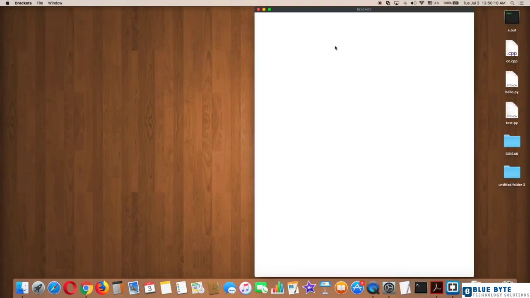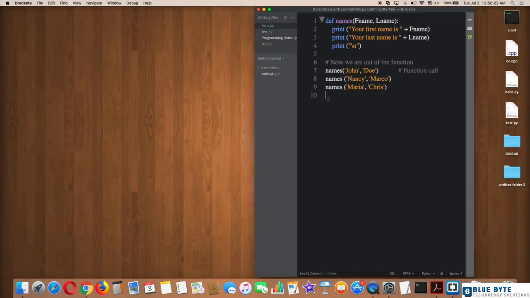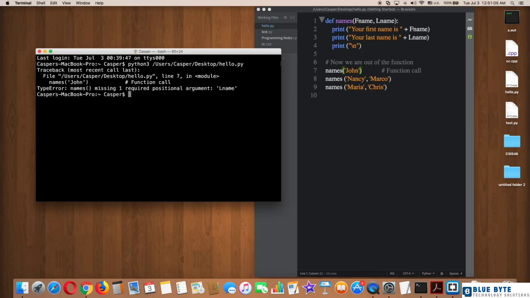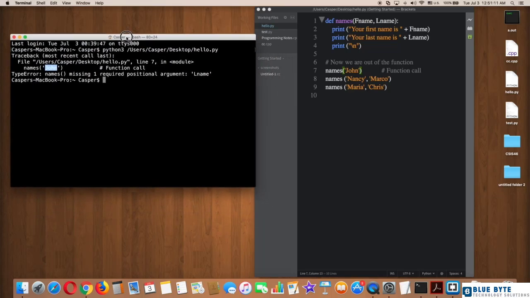Open brackets to show you how. As you can see, this is our previous lecture code. So, if we take out Doe in the second parameter in the first function call, try it on the terminal now and see what will happen. Yes, did you see this error? Because the function definition has two parameters, and the first function call that we did has one argument,